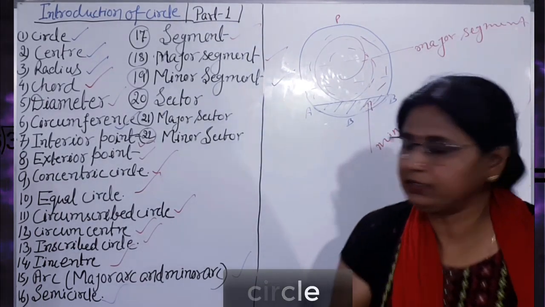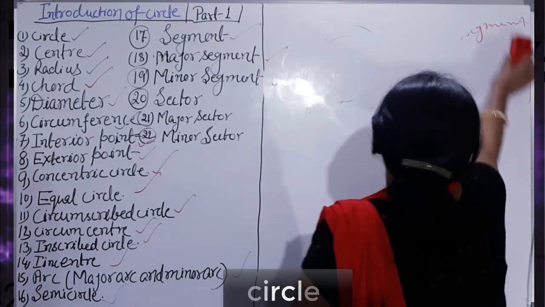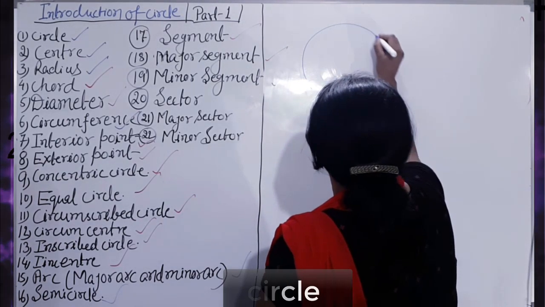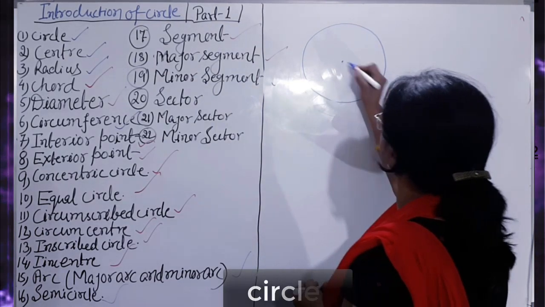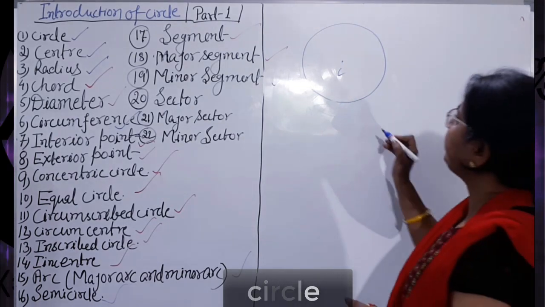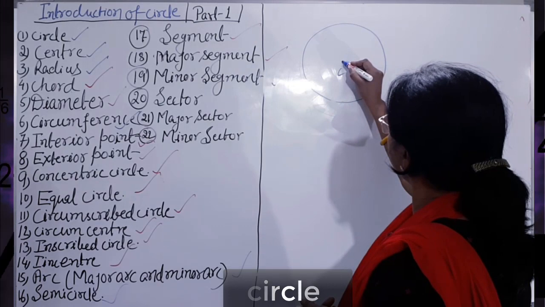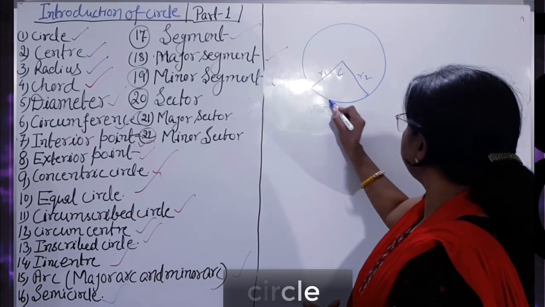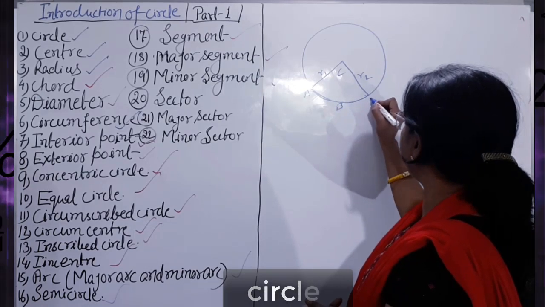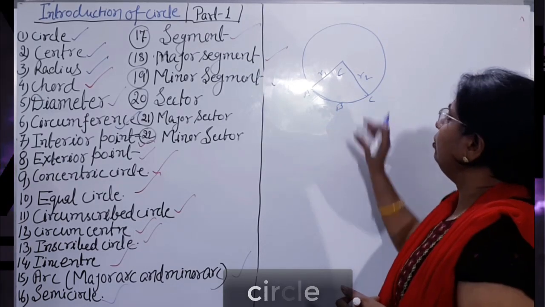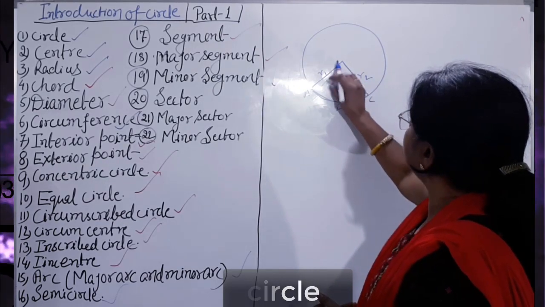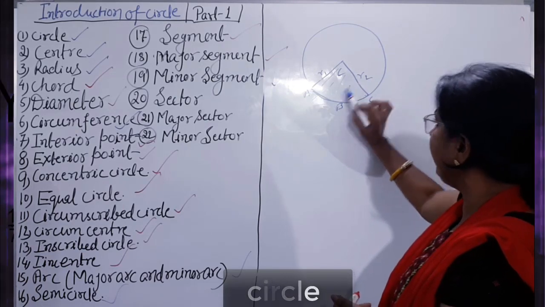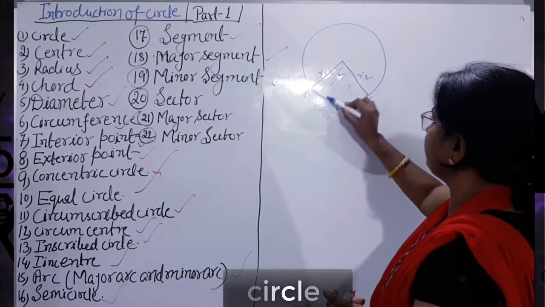Now the 20th term is the sector. Suppose a circle, there is a center, and I am taking any two radii, R1 and R2, and a part of the circumference A, B, C. Then the whole region included between the two radii of the circle and the arc, all this region,